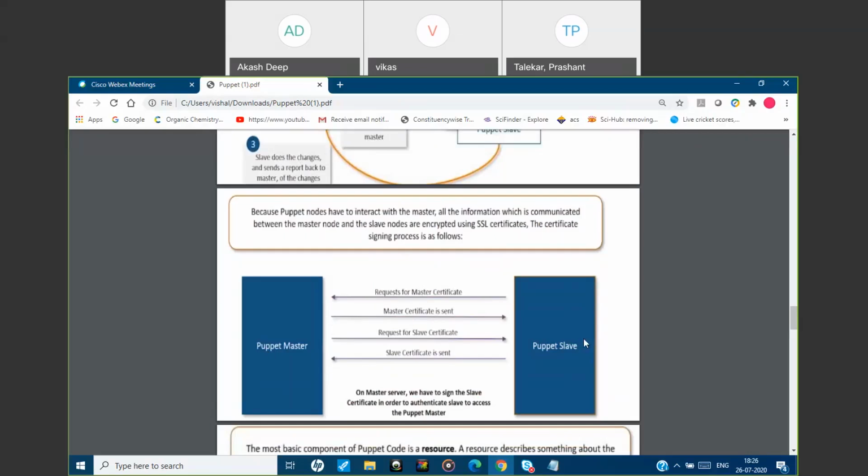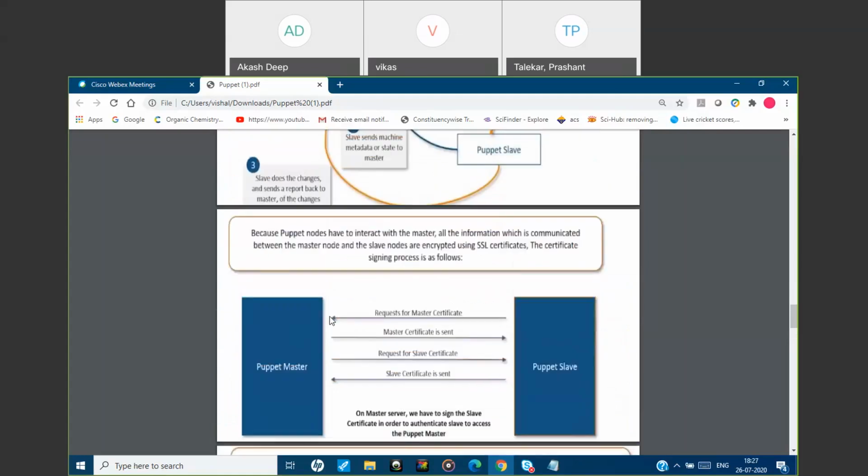So these are the steps that basically happen. Here I have taken only a single slave, but this could be n number of slaves, like 100 or 200 slaves, but the mechanism will be the same for all of them. All the slaves need to request the master certificate from the master, and after that the master will ask for the slave certificate. All these things happen after you have configured the IP in the host. So first you need to add the master IP to all the slave nodes. After that only will all these things happen. Right.